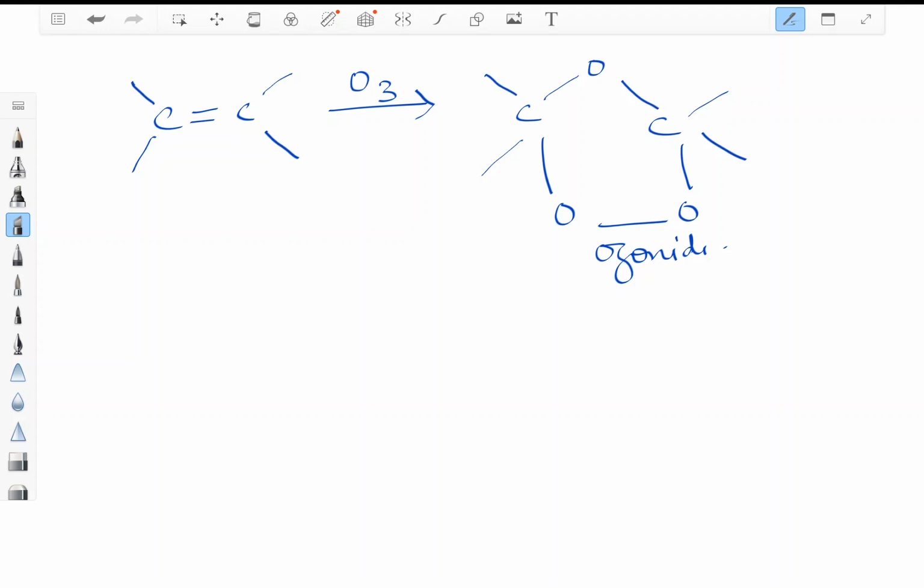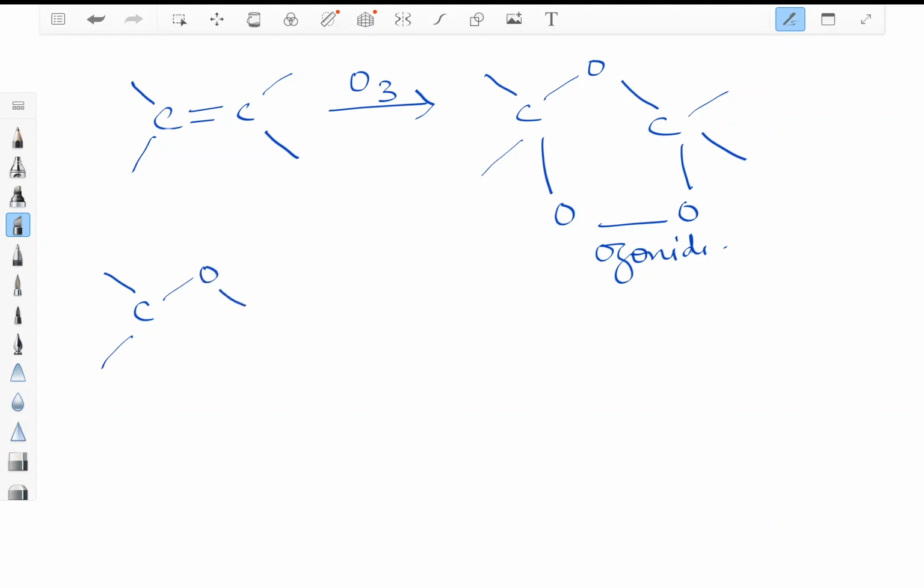What are we doing? We are just breaking this bond from here and then adding one oxygen here, one oxygen here, one oxygen here. That's it. This is how the ozonide is formed. After the ozonide is formed, it